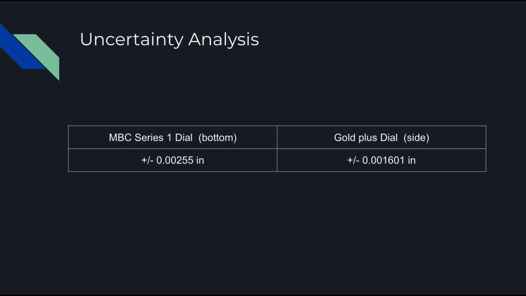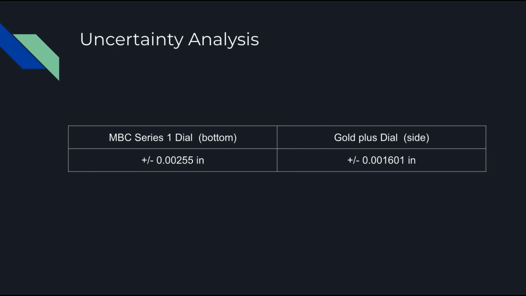For the uncertainty analysis, we are tasked to calculate the deflection measurement uncertainty of each dial indicator. The first dial indicator is called MBC Series 1, which was placed at the center of the beam bending, and the result was plus or minus 0.00255 inch. The second indicator is called Go Plus. It was placed 5 inches left of the beam bending, and the result of the uncertainty was plus or minus